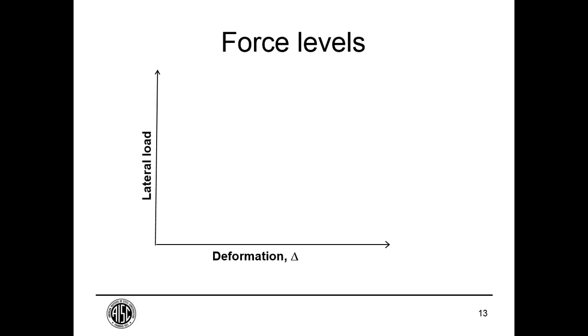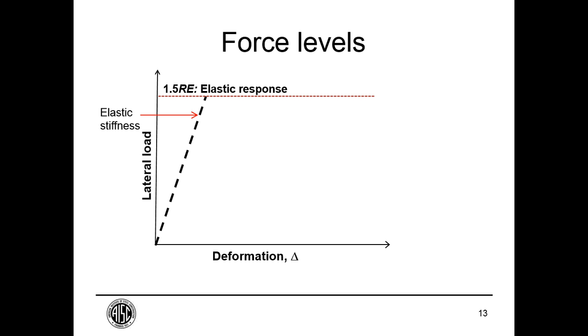Now let's look at the force versus displacement relationship for a structure. If we have an elastic structure, the force versus displacement relationship is a constant stiffness, and so you get a single slope on that line. And that's the elastic stiffness of the structure. If the structure remains elastic all the way up to that MCE ground motion acceleration, then we get a very large lateral load. But as we saw in the previous slide, we're only required to design for something that might be on the order of